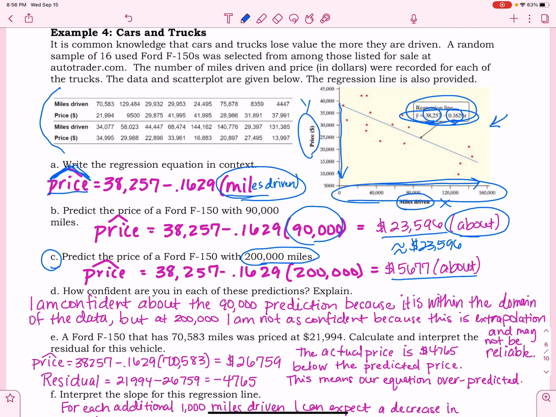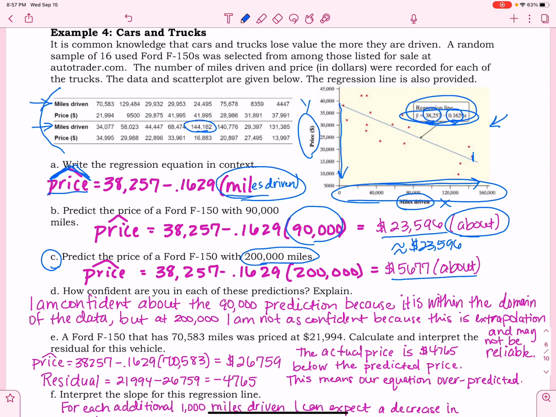And technically, all of these miles driven in my data, those are all my domain. Well, if you'll notice, my domain does not go past 160 on my graph. And technically, this point right here is as high as my domain is going to be. And it looks like that is at